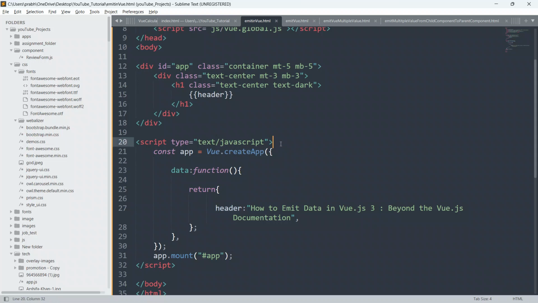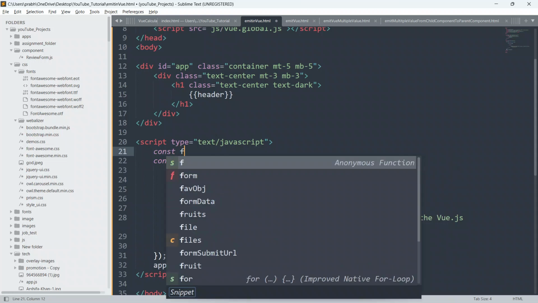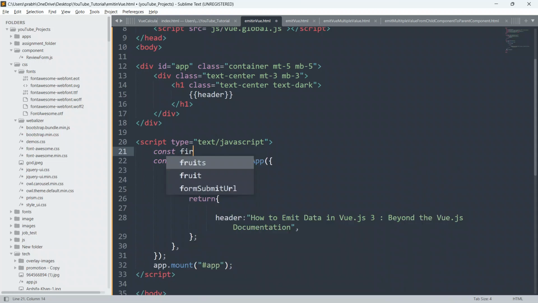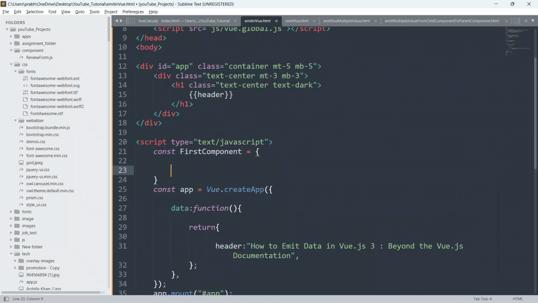So I'll say here, above this, I'll create a const, first component, equal to, and I'll just give open and closing braces. Okay, so you all know that a component has a property called template.